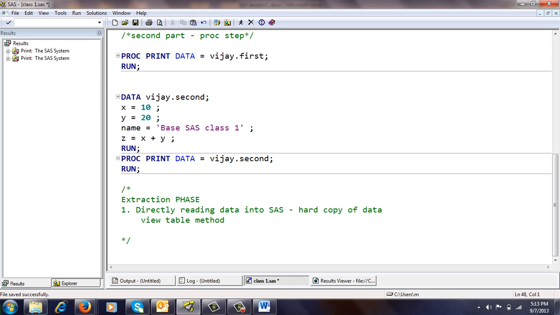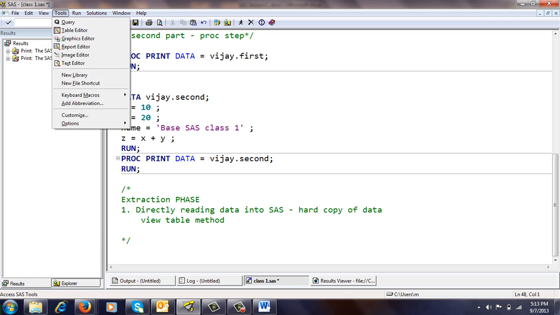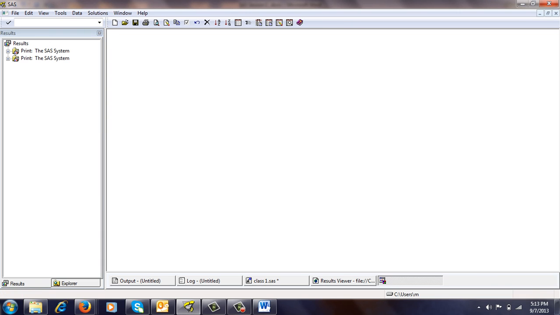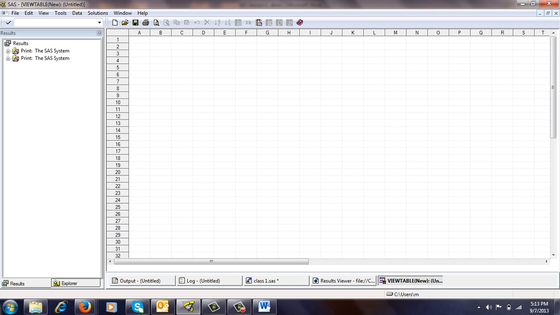For this, directly reading the data into SAS, we go to Tools, Table Editor. When you go for Tools, Table Editor will pop up a window which looks similar to your Excel file. Here A, B, C, D are nothing but your variables name, 1, 2, 3, 4 are your observations.